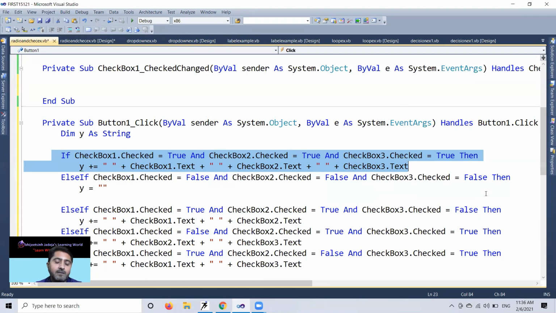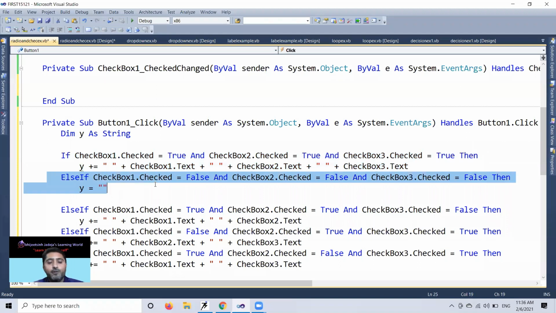So y plus equal to checkbox 1 dot text, space, checkbox 2 dot text, space, checkbox 3 dot text, means I select all three: cricket, football, air hockey. Then the second part is all three off, means I do not like any of these sports.